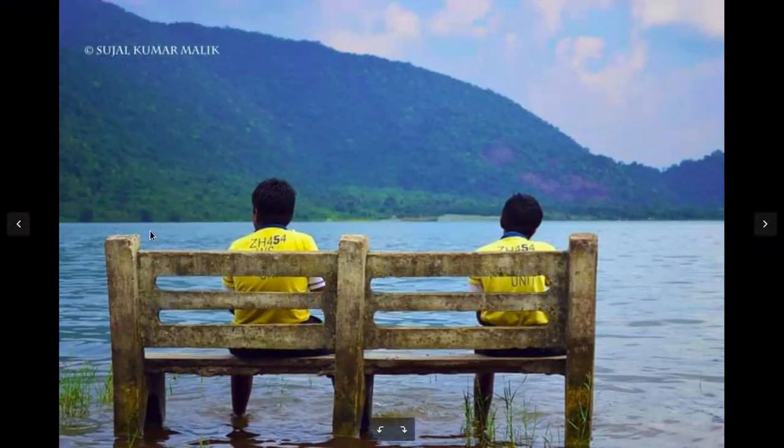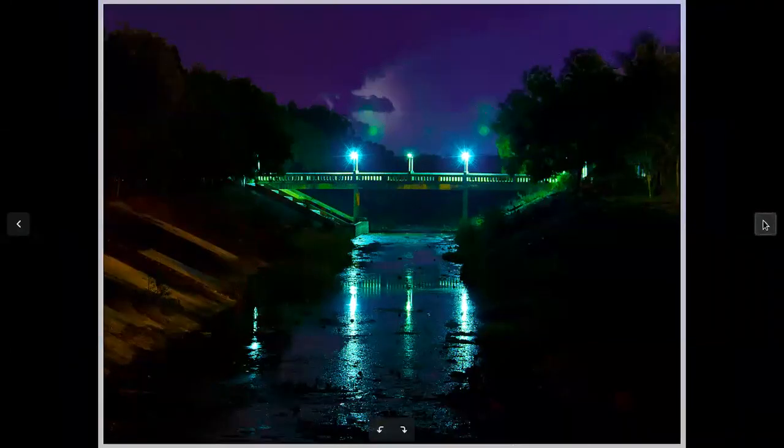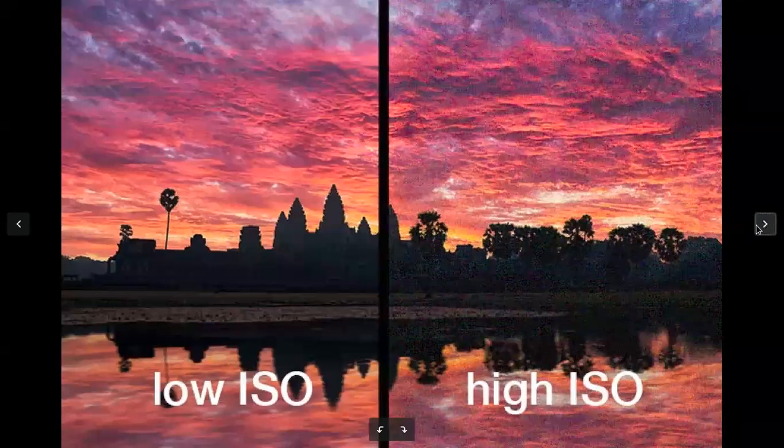In this case, it is ISO 100. Otherwise, where there is low light condition like this, we'll go for a higher ISO like ISO 1600, ISO 3200, or ISO 6400, whatever your phone or camera is allowing you to set. You go for the largest ISO possible.